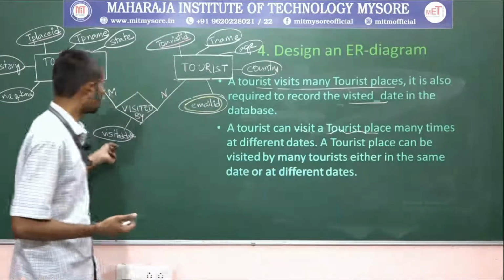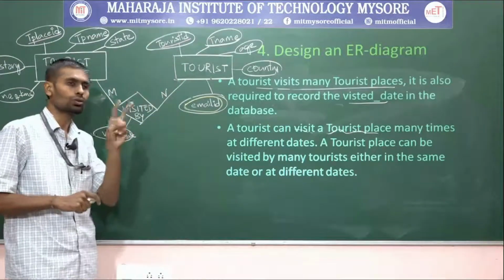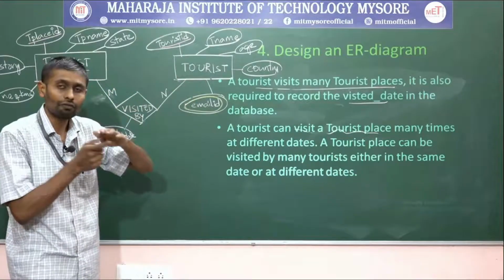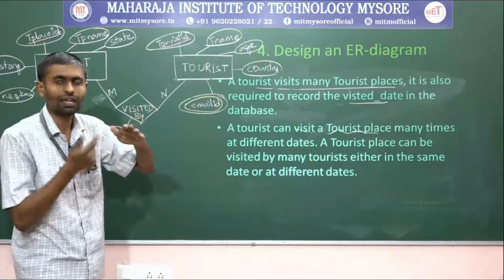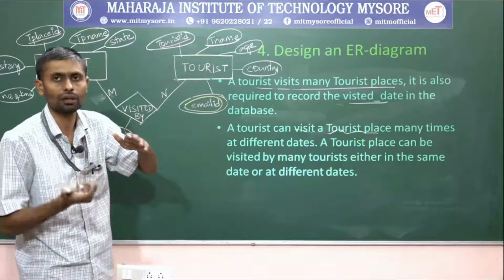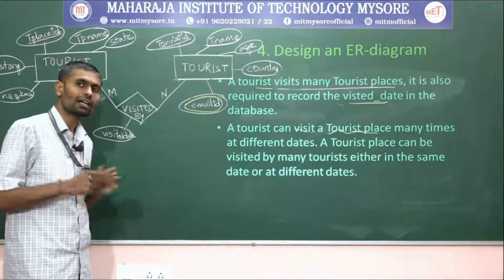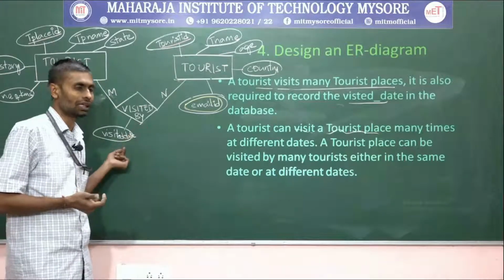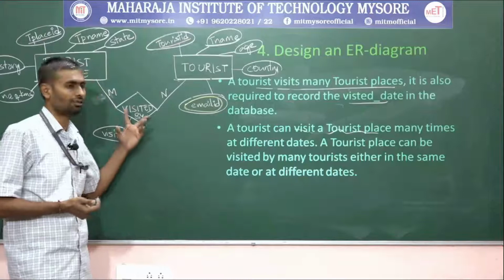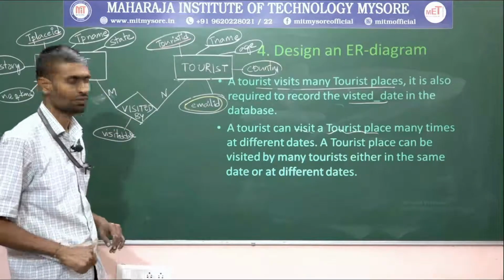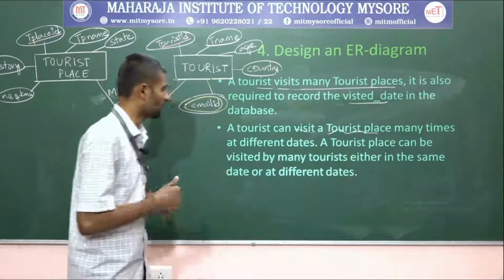So that date I can record only when those two attributes, tourist place ID and tourist ID, both we can repeat, where it permits us to repeat, only there I can make use of this visited date, right? So where it is available, only that I can do in the relationship type, especially when we are having a many-to-many, right? So for that I have recorded here. That's it. Let me move on to the next statement.